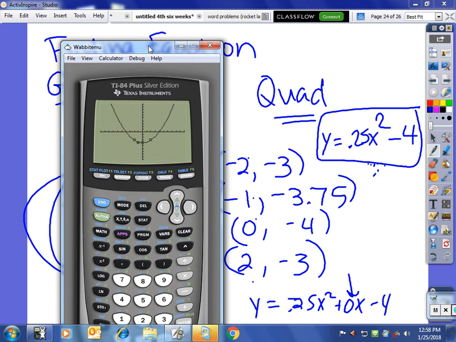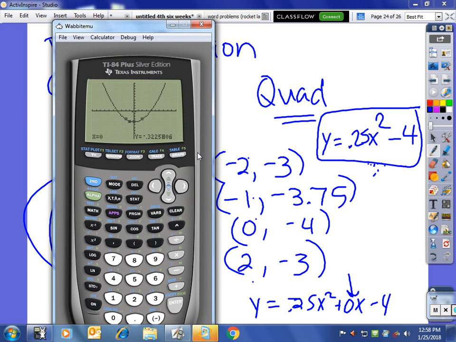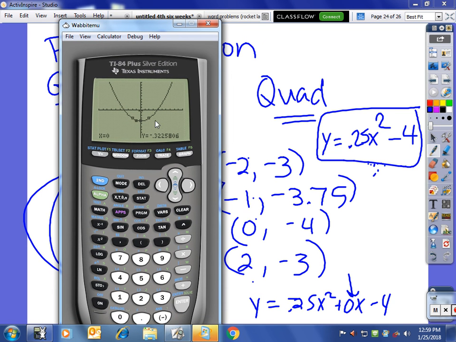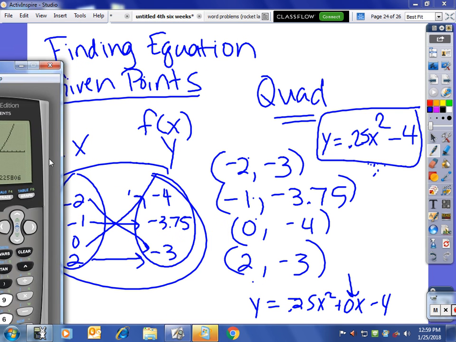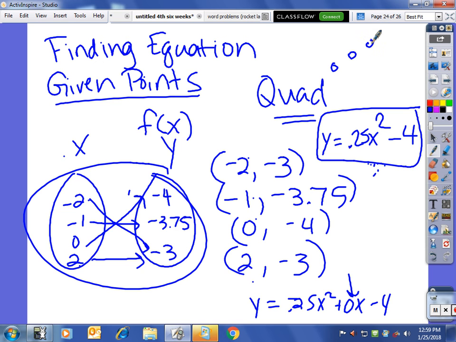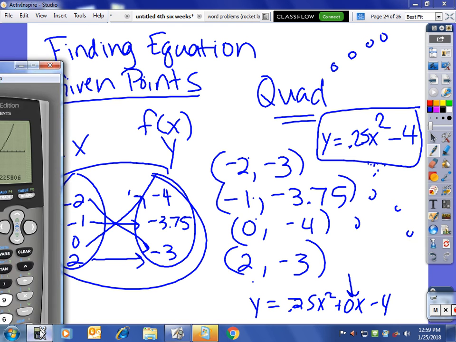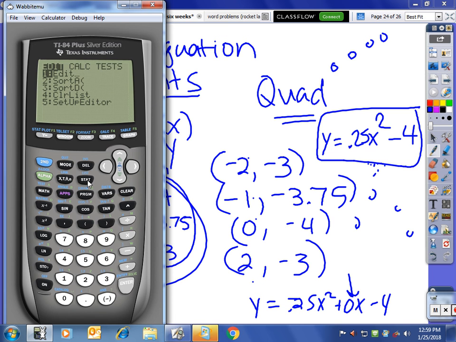Okay, then I just went back and put in the equation, and I graphed the equation and the points together, and I saw the parabola went through those points. If you want to see the points that you entered in the stat edit screen, if you want to see the points actually plotted, because they don't always tell you what kind of function it is. So sometimes you want to see if the points are lining up in a straight line or if they're lining up in a curve. So if you want to see the points that you have already entered in stat edit,